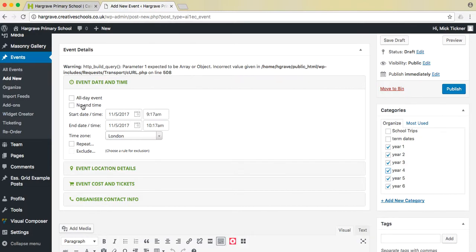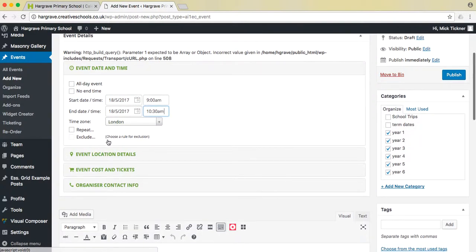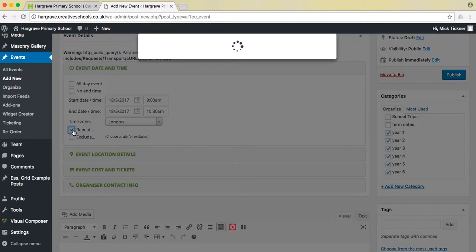So this is our date picker. So this event is on the 18th, and it is going to be all day, so it gets rid of the time. Or you can say that this event will start at 9 and finish at 10:30. The time zone is London as a default, so you don't need to change that. You can also choose events to repeat. So if you've got a school club, for example,